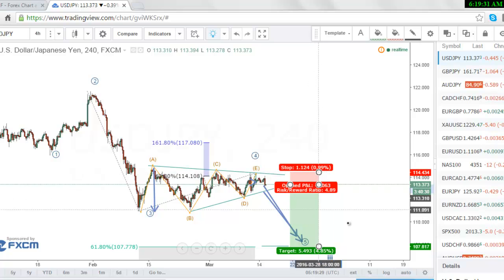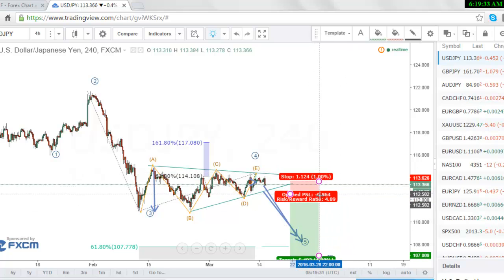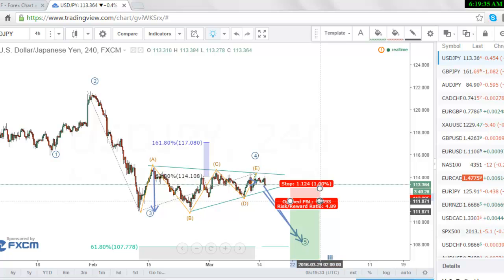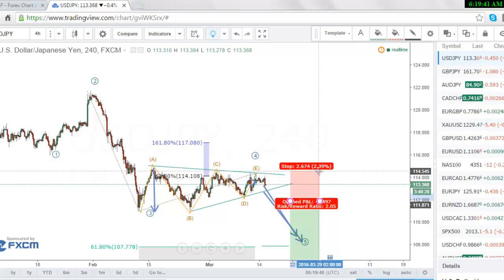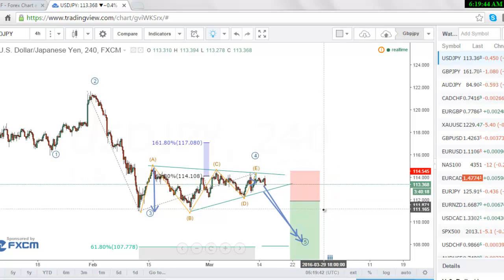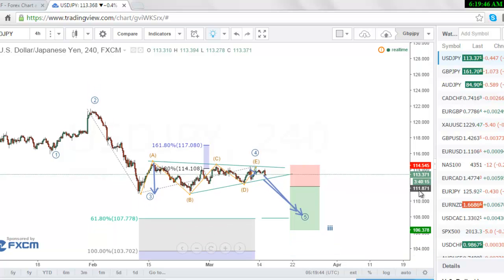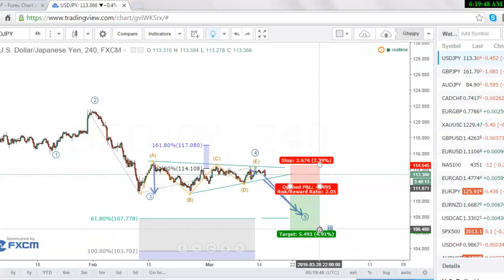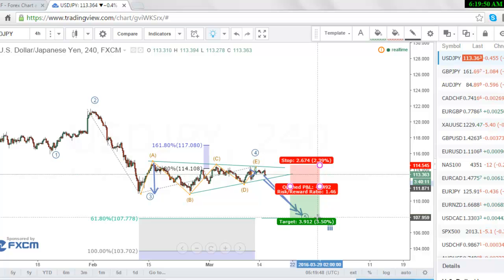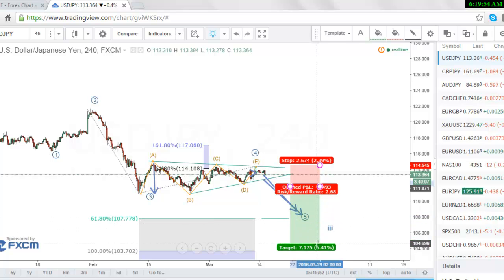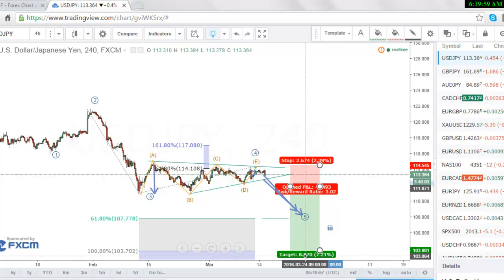Sell around here, and that will reduce our risk reward ratio to around 2.05. Price can still move lower than that, around 1.5 or 1 point, or 8 points, sorry,